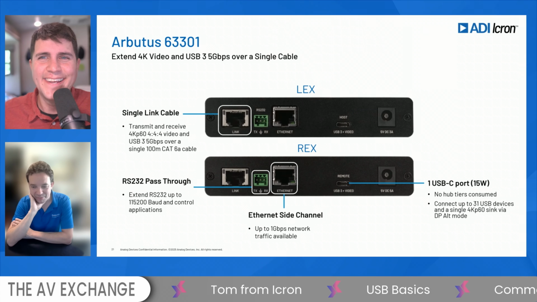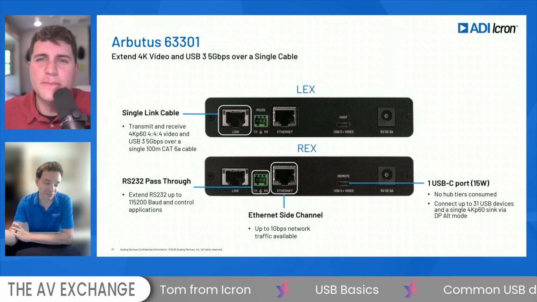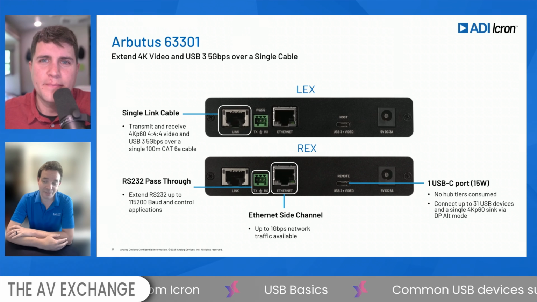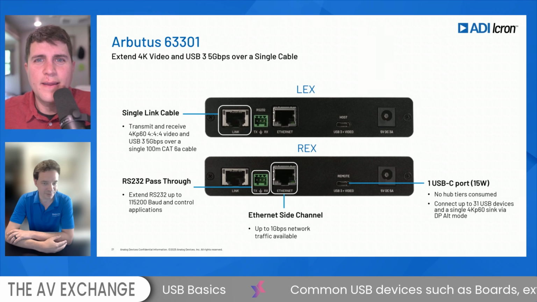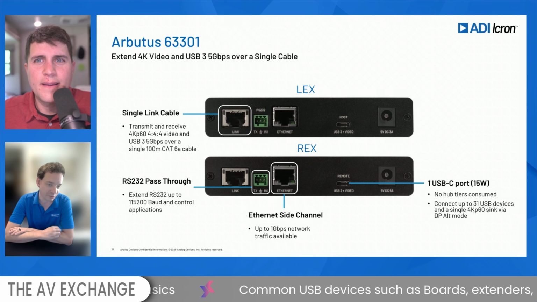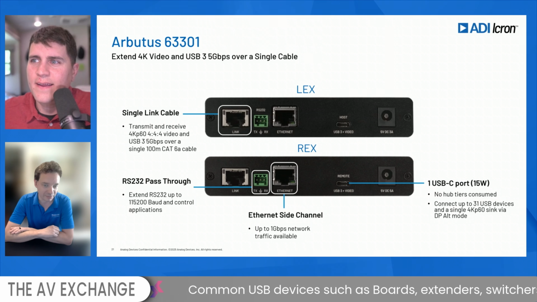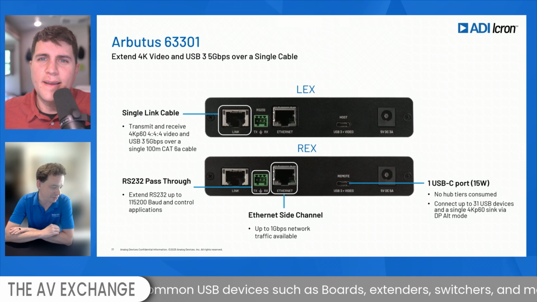And then, so that's basically the product. And just like the Eco, no hubs. Again, 31 devices downstream. It functions like a Type C cable would as far as your host and device are concerned. We just take care of the protocol at that level and pass the data through, 100 meters.